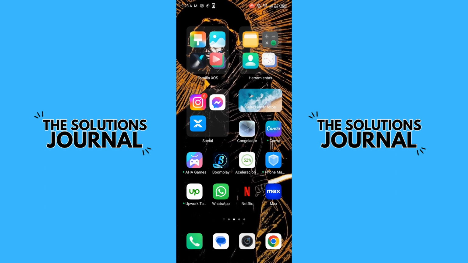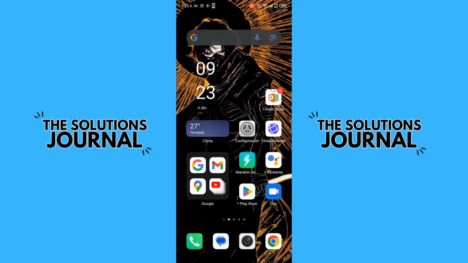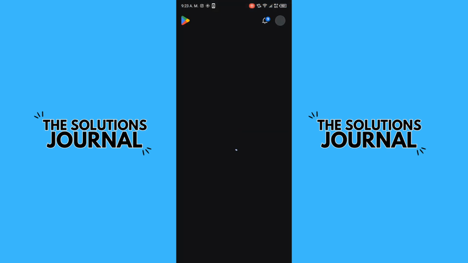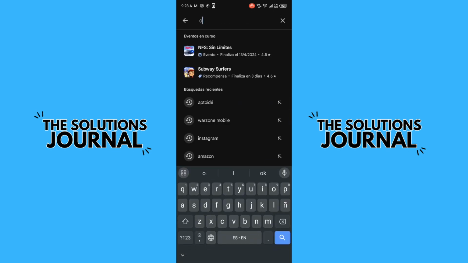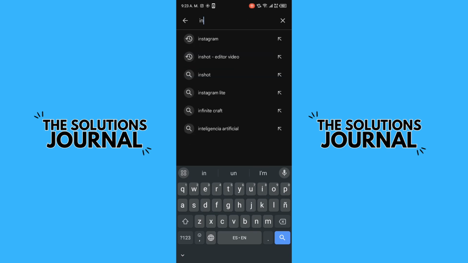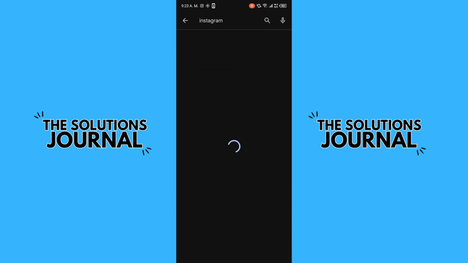Today we will learn how to use Instagram Notes. The first step is you need to verify if you got the ultimate option of the Instagram app. And for that you need to go to the Play Store. And in the Play Store you need to search the Instagram app. Here, Instagram. And you need to verify if you got the button of